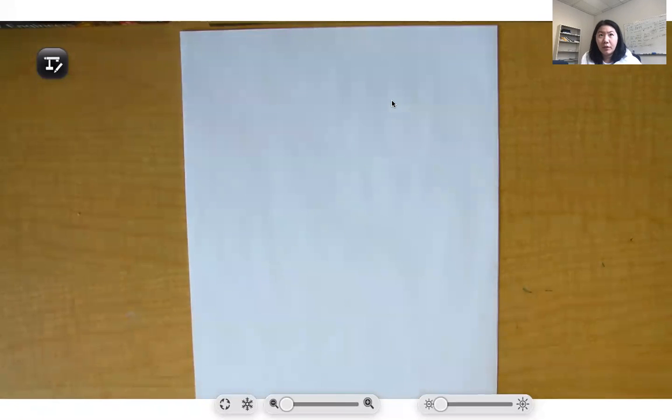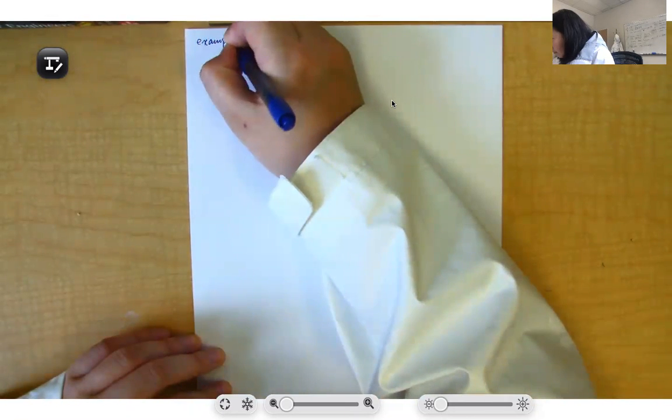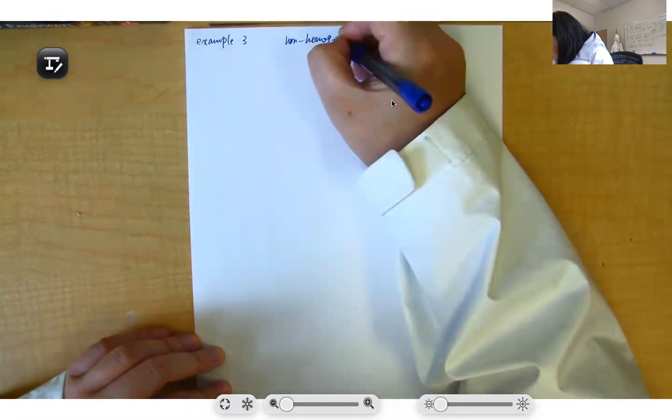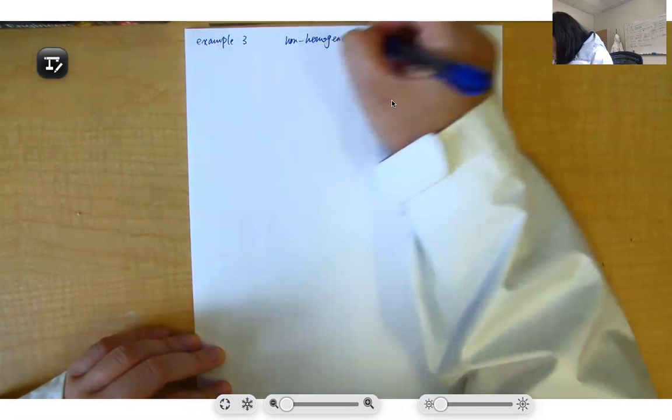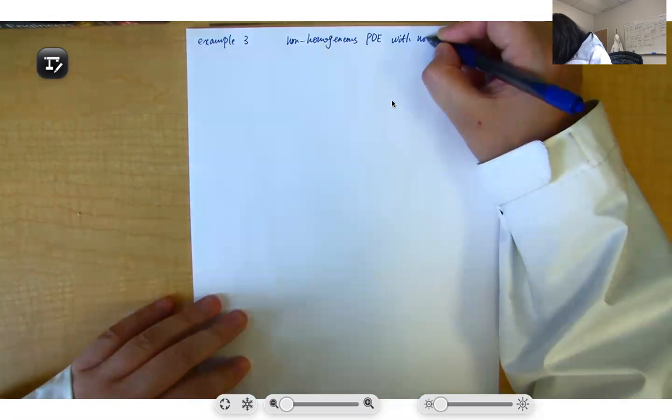Let's make another example using the modified separation of variables where the PDE is a non-homogeneous PDE with non-homogeneous boundary conditions. Okay. Example 3. Non-homogeneous PDE with